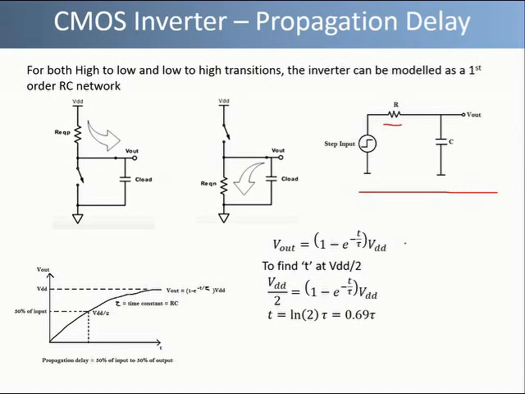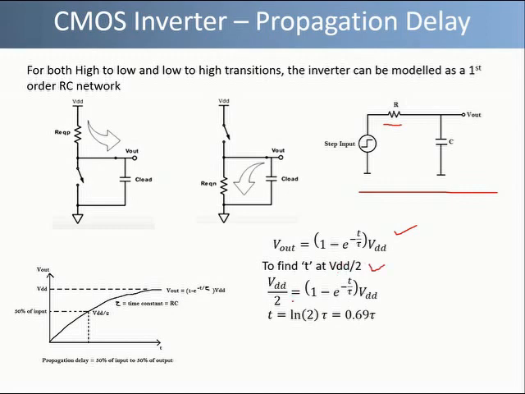For the first order RC network, this is the standard equation of voltage across the capacitor as a function of time and RC constant tau. We are basically interested to obtain the time taken by the capacitor to charge from 0 volt to VDD by 2 during low to high transition, or to discharge from VDD to VDD by 2 during a high to low output transition. So we want to evaluate the time at which V out becomes equal to VDD by 2,